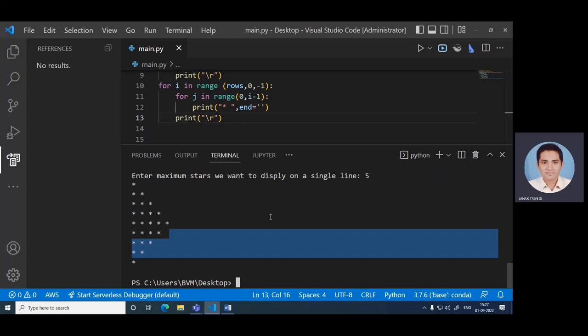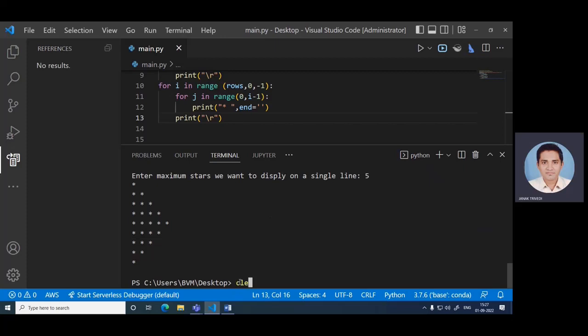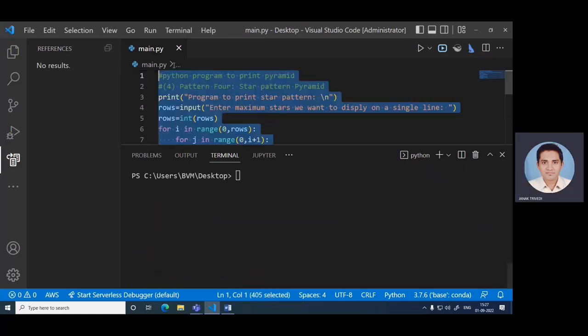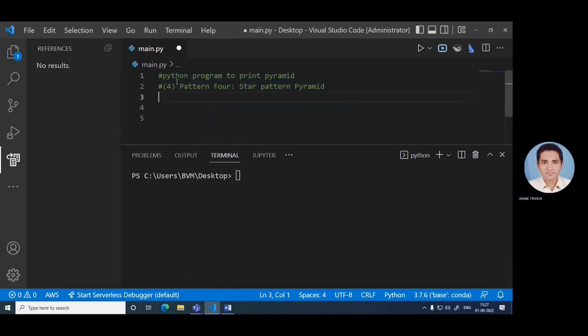Now let's try another pattern. That is pattern 5. Star pattern with a different style. So let's first clear this. Let's also erase this. Pattern 5. Star pattern with a different